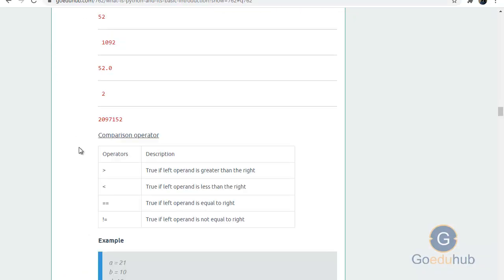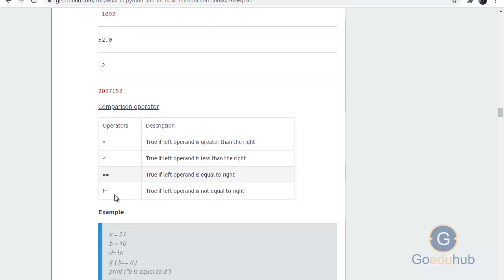Okay. Now come to the next operators, the comparison operators. Comparison operators are used to compare the values of two operands, and they return boolean true or false accordingly. Like greater than, less than, equals to, not equals to. Like a greater than b: if a is actually greater than b, then it will return true, and otherwise it will return false.